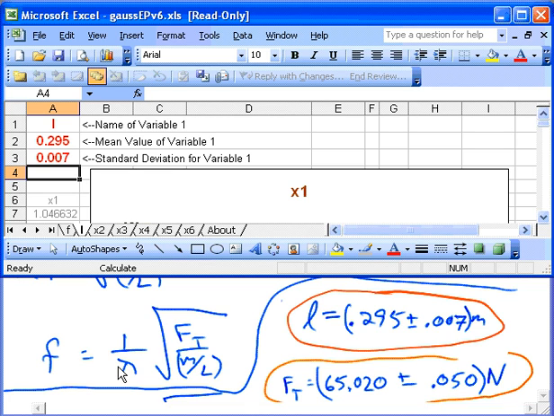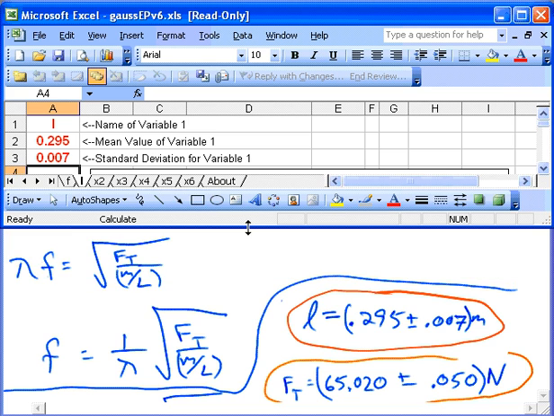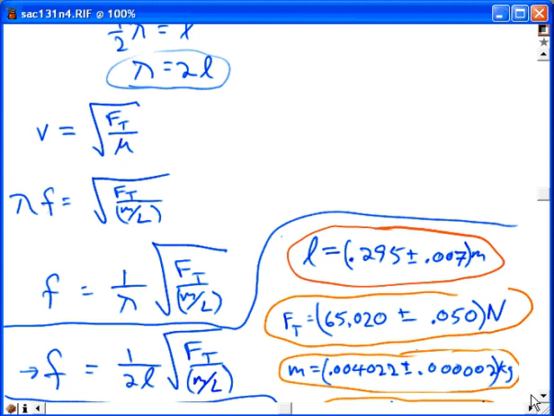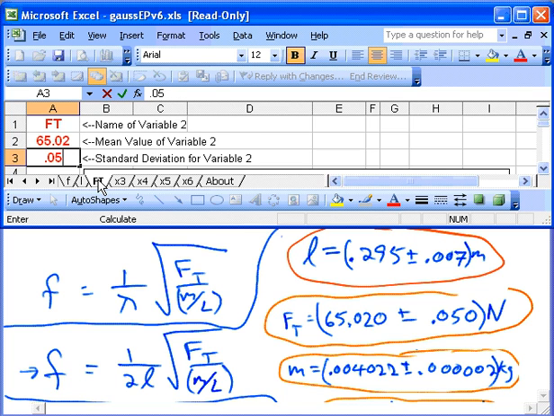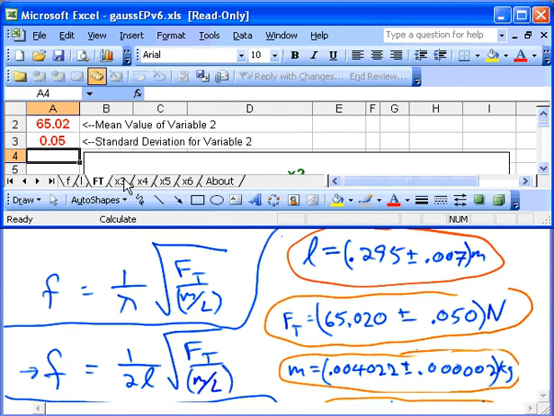And then the next thing in my formula was, I actually got to scroll down here a little bit. F sub t. So the next thing I'm calling it f sub t. I'll just go f capital T, hit return, call it f capital T, capital both, 65.020. Return 0.05. Return. Okay. The third variable